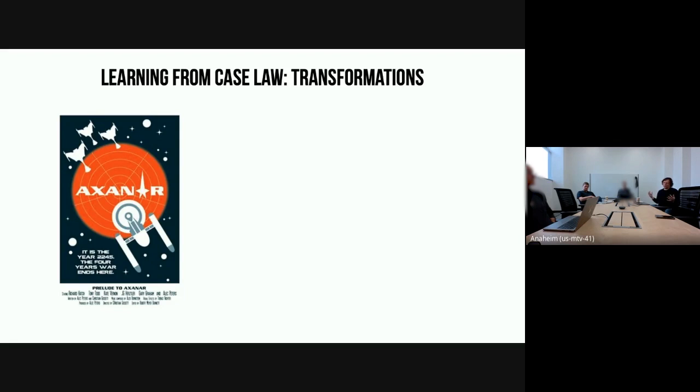It was not trying to hide the fact that it's Star Trek, right? It used a lot of the same costume design, set design. It even had an actor who actually was from Star Trek and appeared in this fan film. And so as a result,